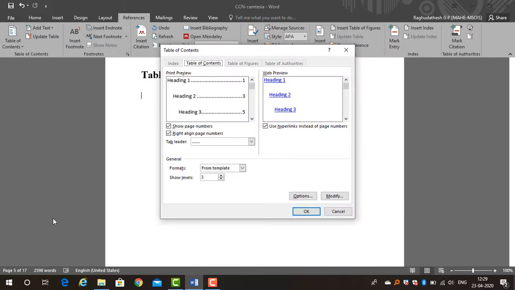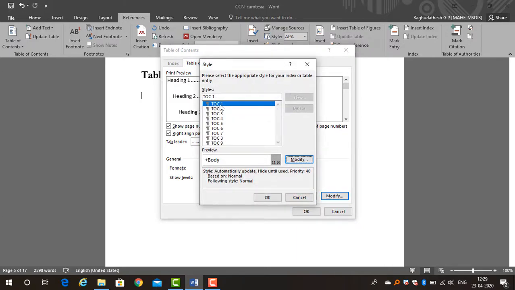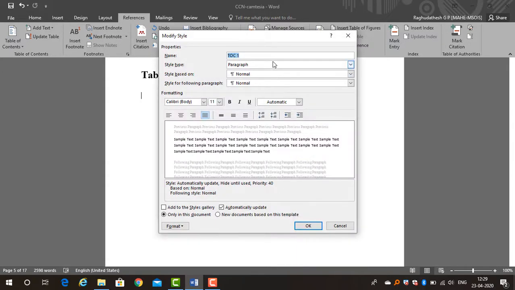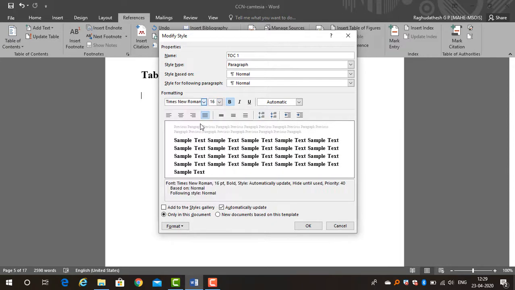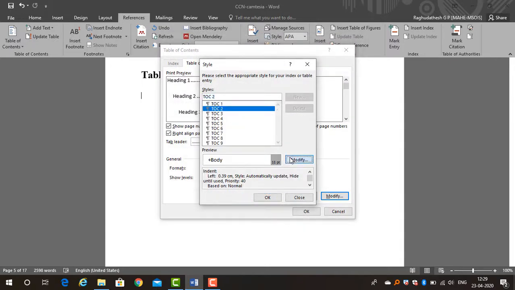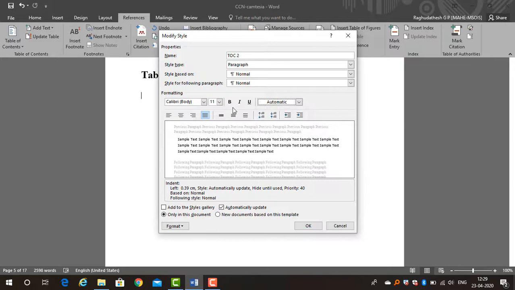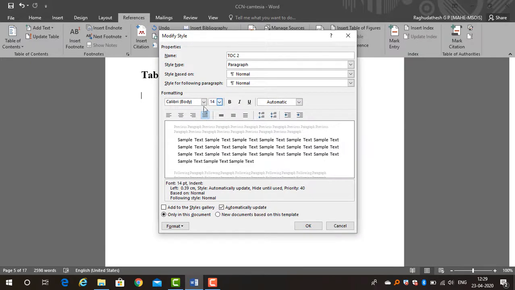So click on custom table of content and click on modify. First level of heading I require, this is basically chapter heading. So what we did, we require black, bold, and chapter heading should be 16, and I can make it Times New Roman. It should be right justified or left justified. Click on OK. Next, for second, that is section heading, I will select it as black, and I will make it 14, Times New Roman. Yeah, all are left justified.